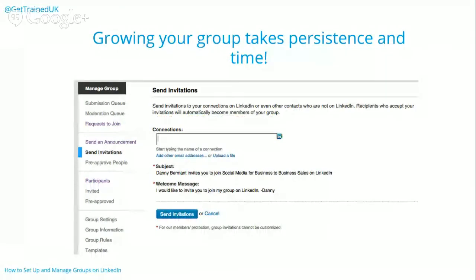Growing your group takes persistence and it takes time. There's a bit of a chicken and egg situation: when your group is initially under 100 members, people will look at that and say, well, there are not so many people in this group, it's not such a big group. To get more people participating, you need to grow your group in the first place. So my first tip, as I said earlier, is to make sure you've got content on there so people want to